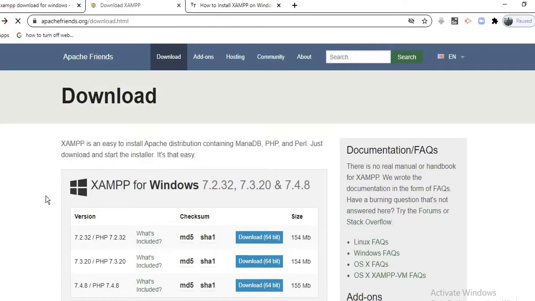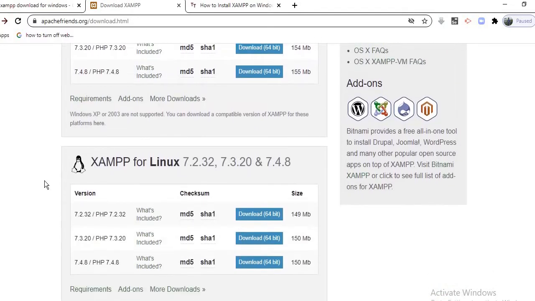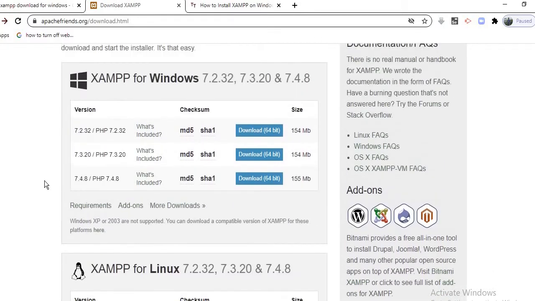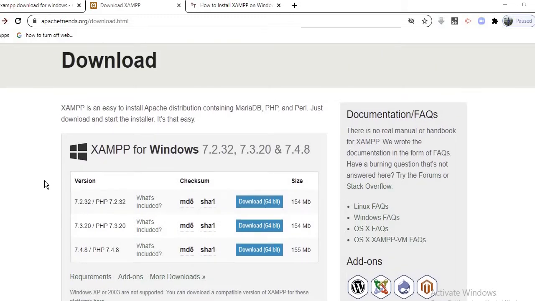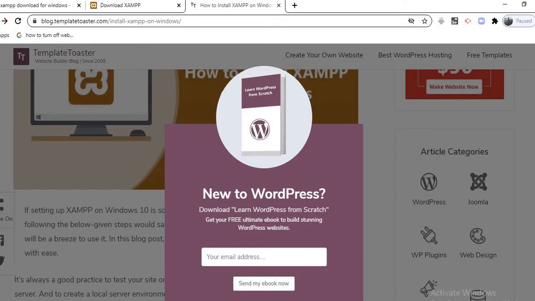Here in this particular area you have to select, clear, whether your system is 64-bit. This is XAMPP for Windows, and XAMPP for Linux is also available. Because most of us are using a Windows based system, definitely from here you have to download. If your system is 32-bit, you have to download accordingly. The size of XAMPP is also written over here, so this is not a huge software. Now I am going to tell you the steps that you need to focus on while installing this software.